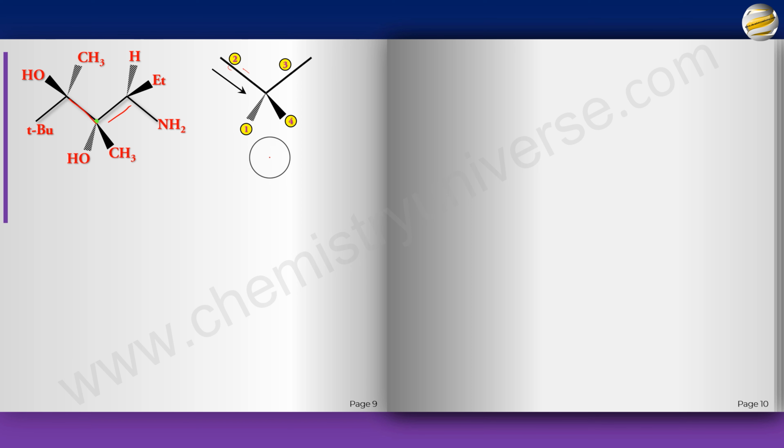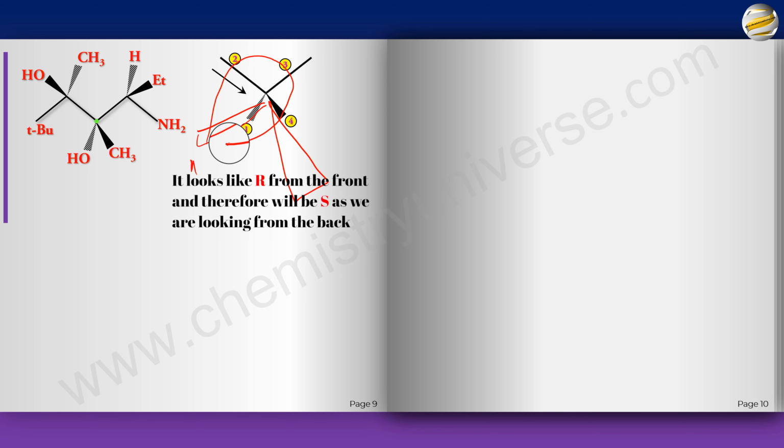Now it may be a little difficult because you've got to observe it from here. But as you're observing it from here, now remember this 4 is coming out of the plane of the paper. This is going back. And these 2 are in plane. And this is 1. So 1 goes to 2, 2 goes to 3, 3 goes to 1. So this is S. Because from the top, it looks like clockwise, but from here, it is going to be anti-clockwise.